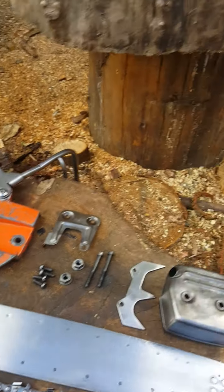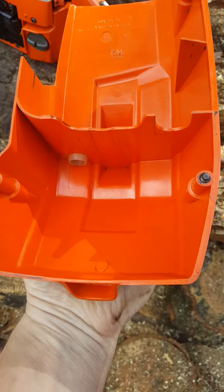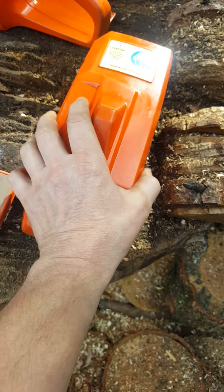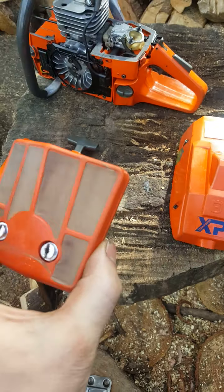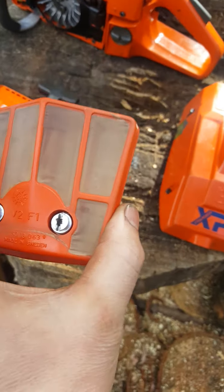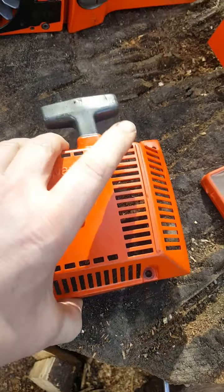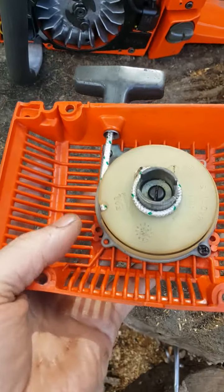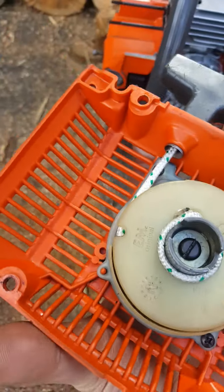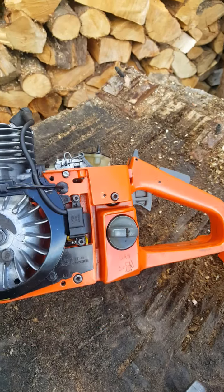and the top cover in pristine condition. So again, like I say, I've never cut with the saw, and she's just been pride of place hanging up next to one of my 285s and 2100s. Gorgeous original air filter, pull start housing, no brakes obviously, and just in pristine condition. Had a new pull cord, but just perfect. And then the gorgeous saw, the engine,